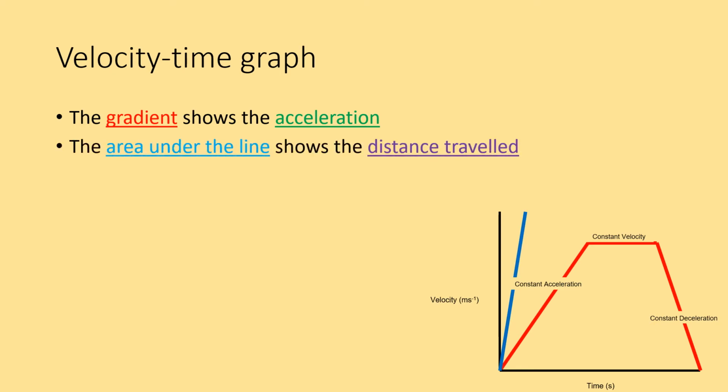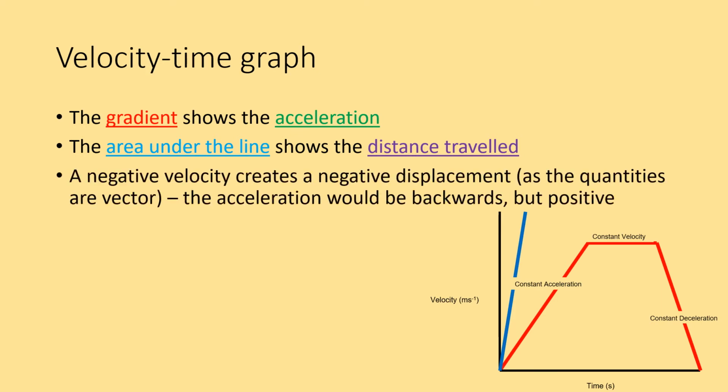The area under the line, if you took the area under these parts of the graph, that shows you the distance travelled, because then you're multiplying velocity by time to get the area, and that's going to be the distance travelled. If you have a negative velocity, that means you've changed direction, and you end up with a negative displacement because they're vectors, which means that the acceleration is backwards. It's still a positive acceleration. It's not necessarily